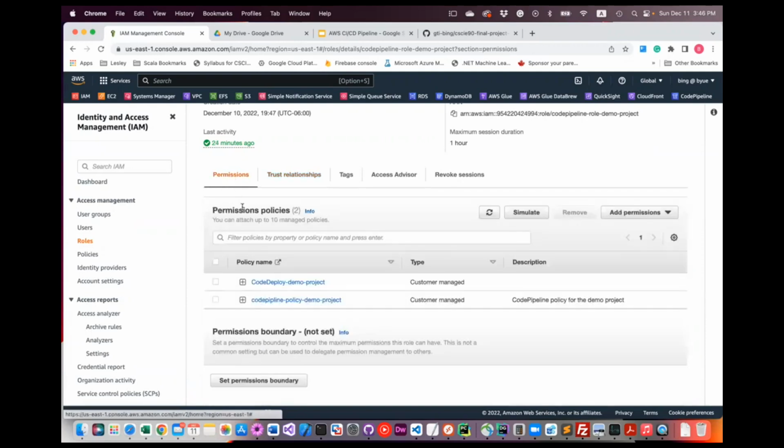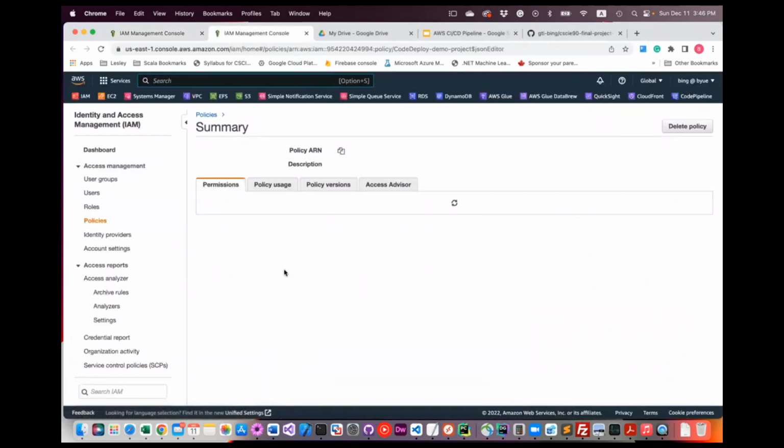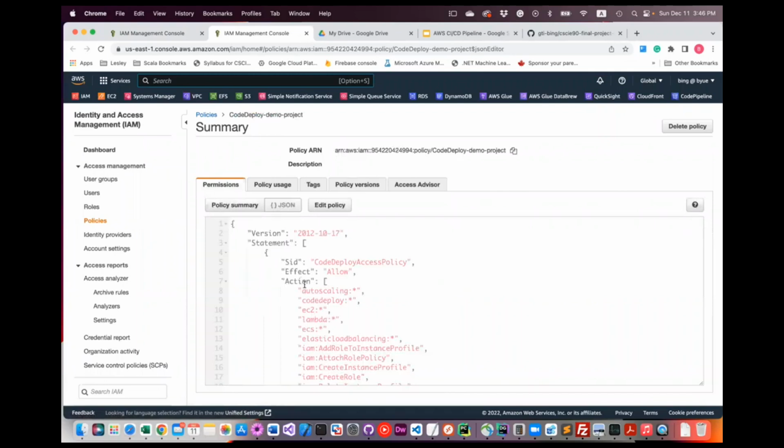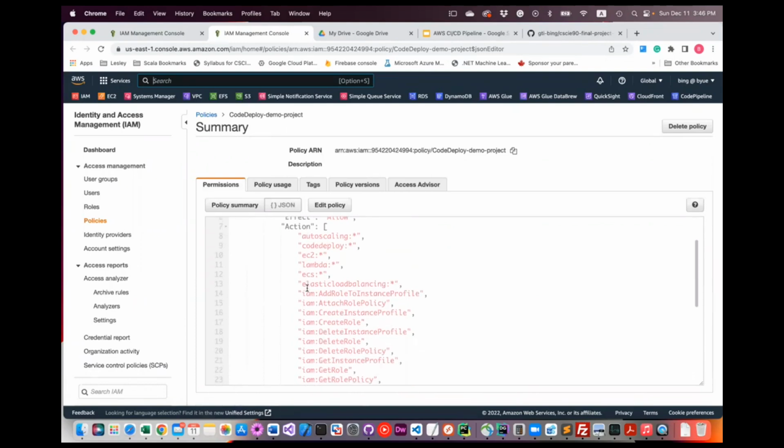With the permissions policies, there are two permission policies that have to be specified. The first one is the CodeDeploy policy. In this one, it needs to have CodePipeline be able to access the CodeDeploy,